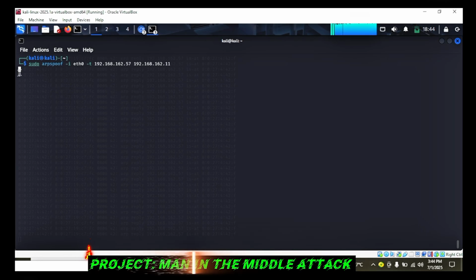So what you are going to do here is you say sudo arpspoof, then you identify the network you are using, then this is the IP address of the gateway that you are trying to pretend to be, and this is the IP address of the what? Of the target, of the victim. I want to visit a particular website and log in so that I can capture the details. So this is it. Once you start up these two ARP spoofing commands,